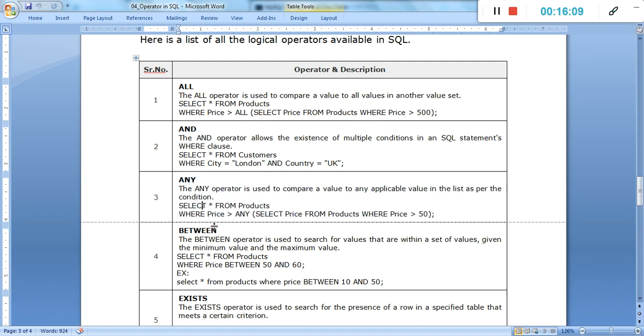Then any, that is simply the same as all, it compares any of the values to the price. We'll understand it practically. It may be confusing, this all and any, so we will understand with practical examples, then we will easily understand in the next lecture.